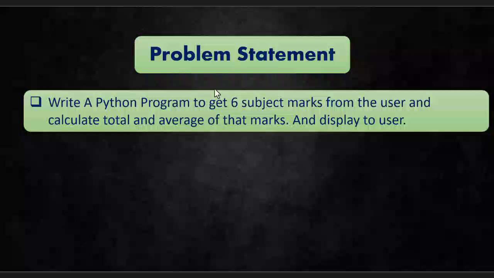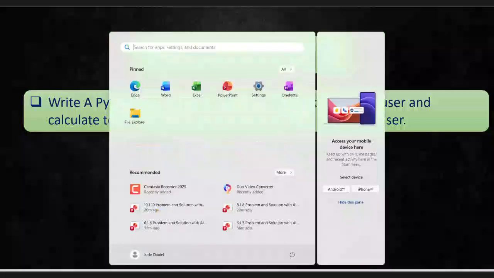As you can see, write a Python program to get 6 subject marks from the user and calculate the total and average of those marks and display it to the user. So you're expected to prompt the user to enter 6 marks, then calculate the sum and the average of those 6 marks. So open your VS Code,